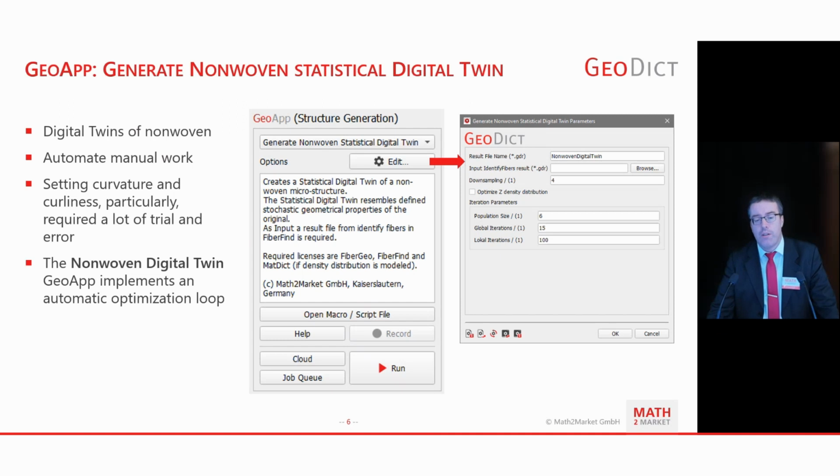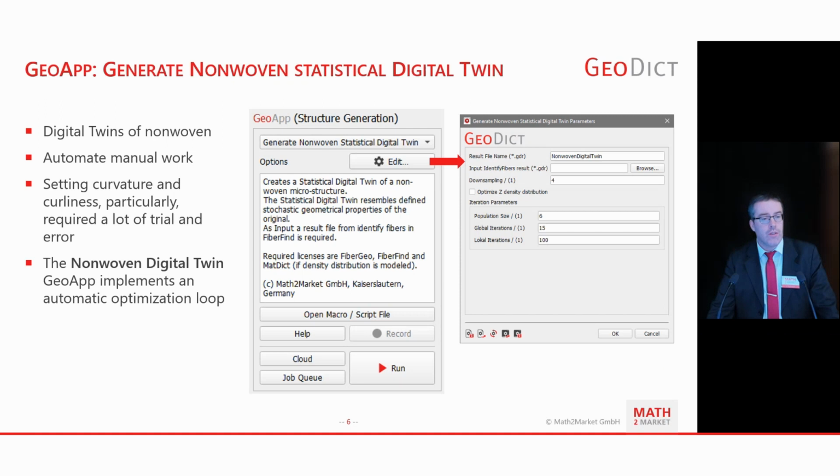Then a small description highlights what this script is doing. As I mentioned earlier, with the GeoApps you can create yourself, this would be the place where you can tell your colleagues, those who use this GeoApp, what it is doing.